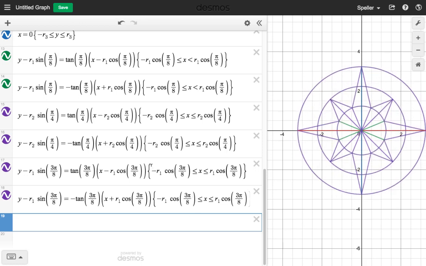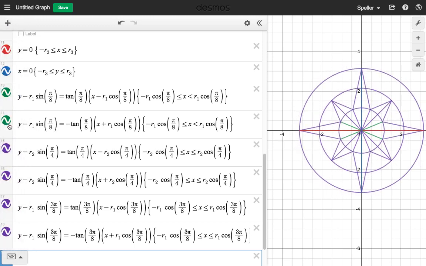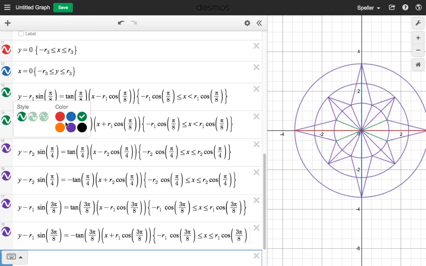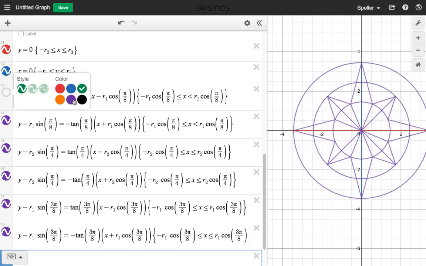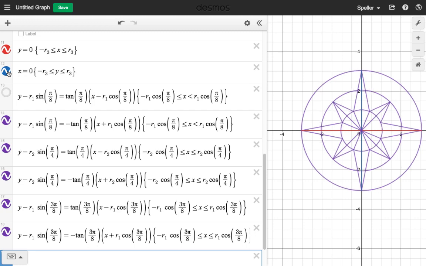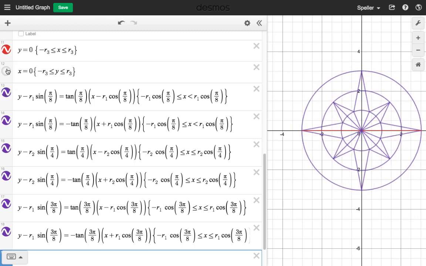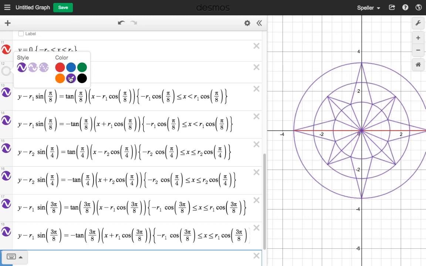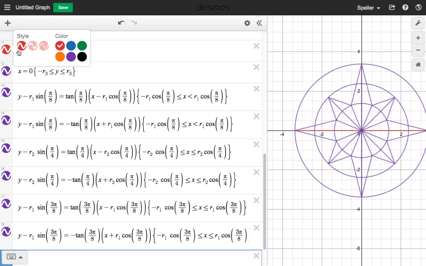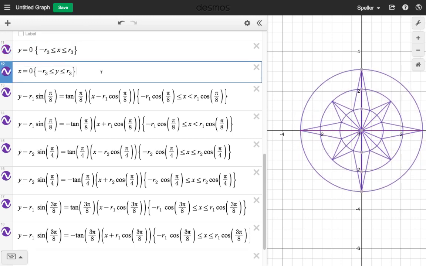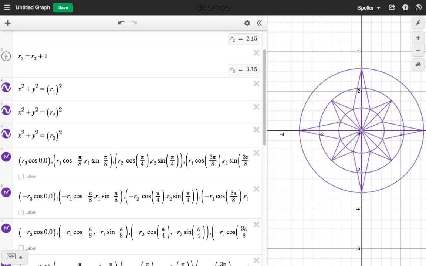Let's go ahead and change these all to the same color for right now. So let's change these here also to the purple color that we have. And let's change this up here as well. Whoops, purple. And this one here also to the purple. Actually, let's turn it on. And this one here as well also to the purple color. And then let's go ahead and turn these circles off.